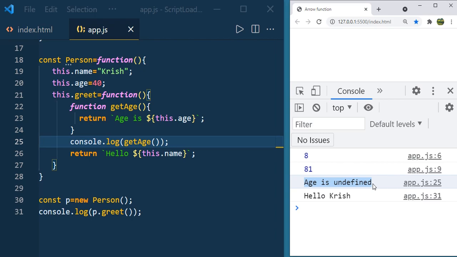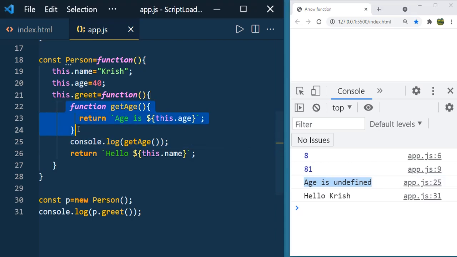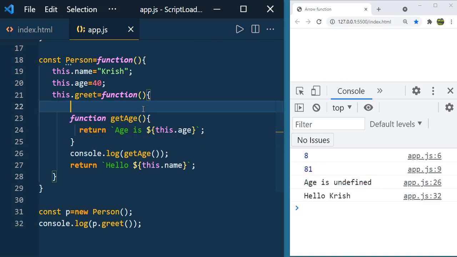So why is it saying age is undefined? Here you can see that we are calling this getAge function inside the greet method, and this getAge function will refer to the global scope. That's the reason you can see the age is undefined.